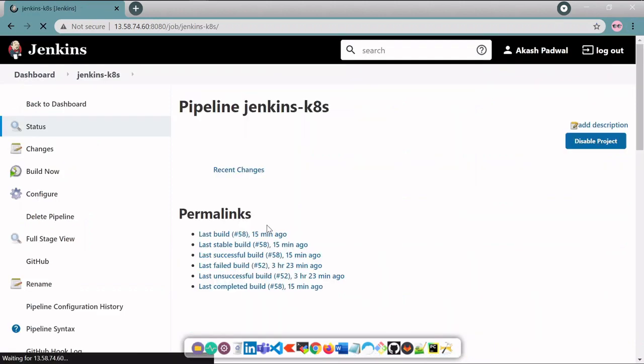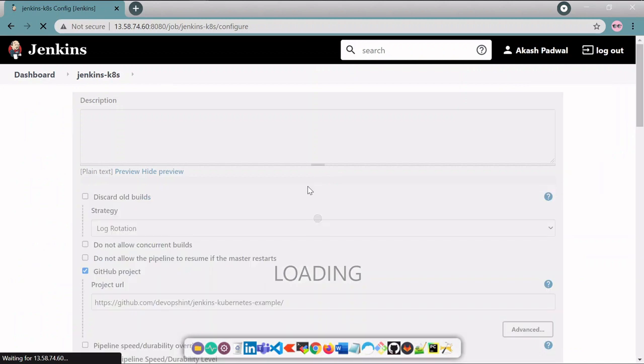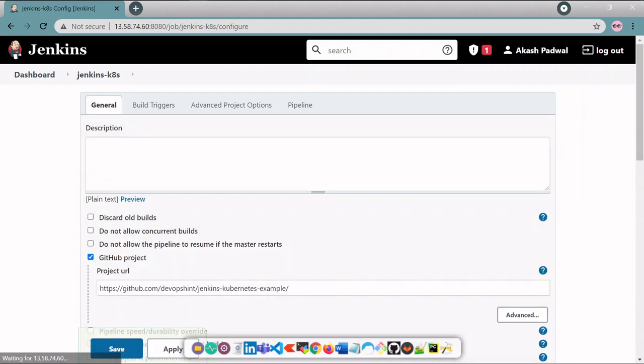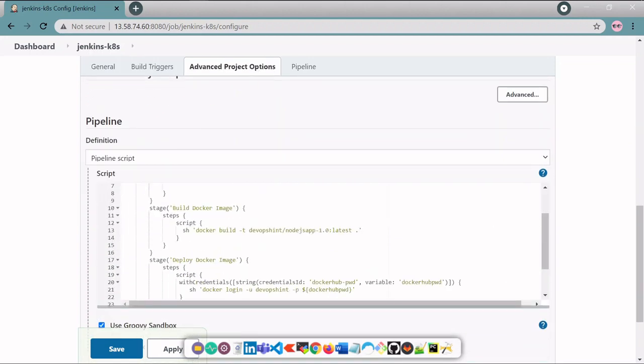This is our pipeline job. You can see our GitHub project URL and build triggers.